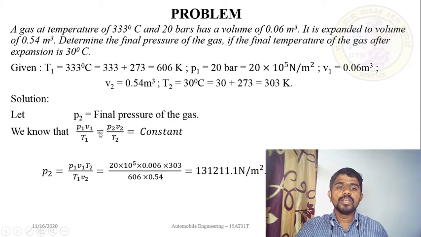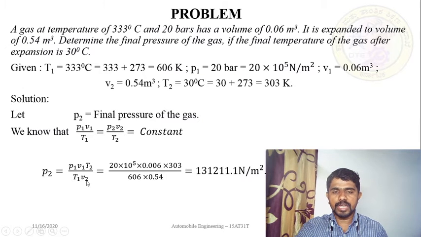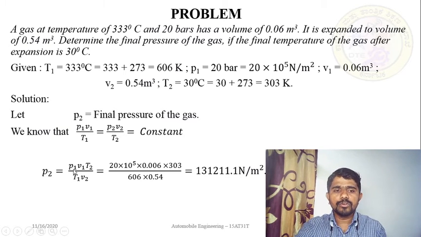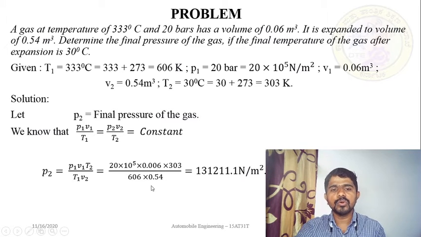This equation. So what do we have to calculate? We have to calculate the value of P2. So I can rearrange this equation for P2. P2 is equal to P1 V1 T2 divided by T1 V2. So this is a cross multiplication. No need to explain all those things repeatedly. So now, do you know the value of P1? Yes. V1? Yes. T2? Yes. T1, of course. V2? Yes. So now apply all these values into this equation.